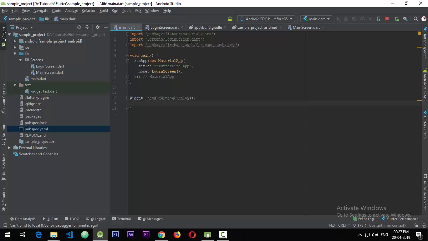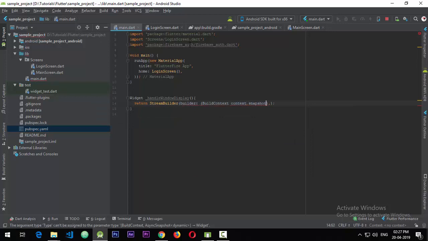For that, we want to return a StreamBuilder, and within the StreamBuilder, we want a builder that will take a BuildContext,